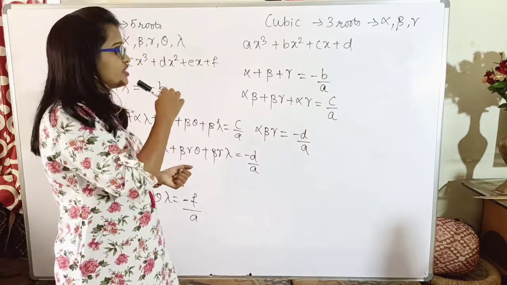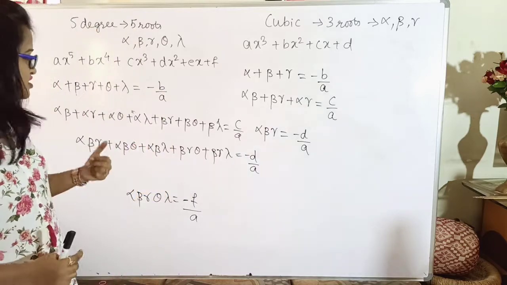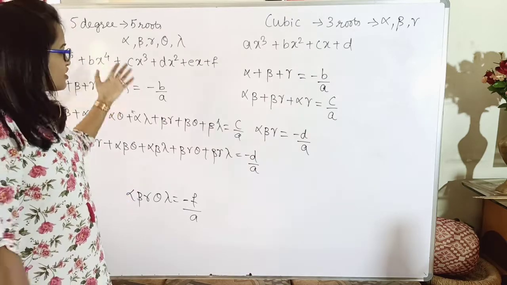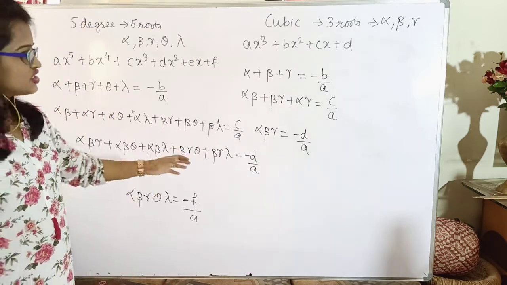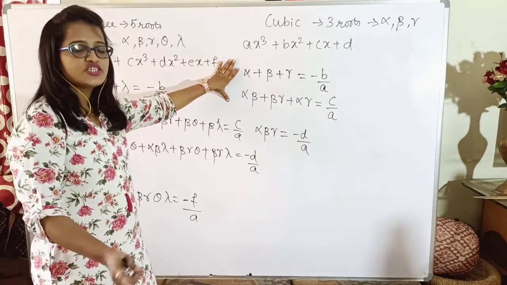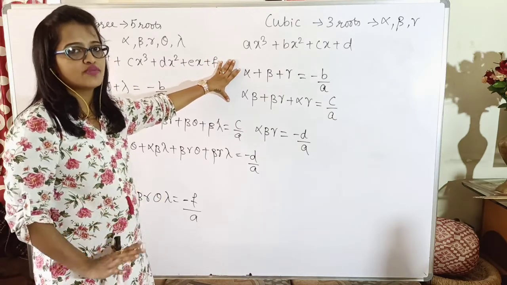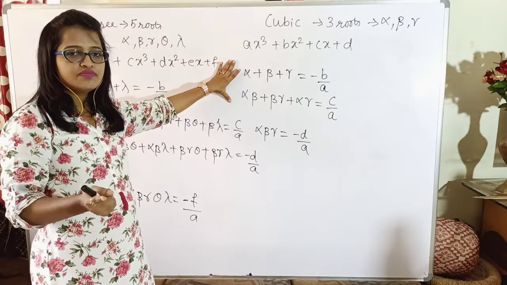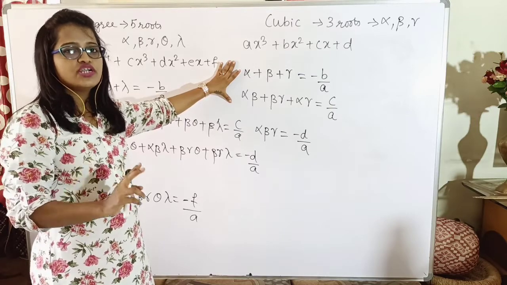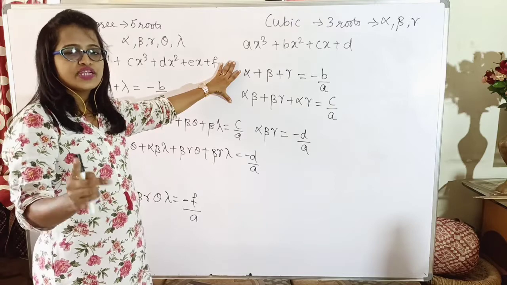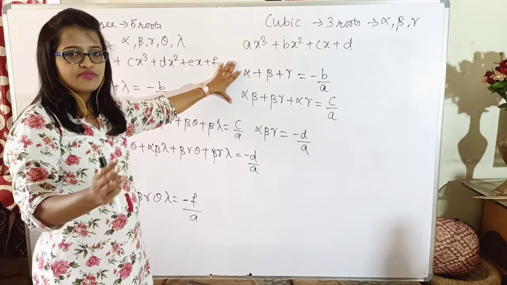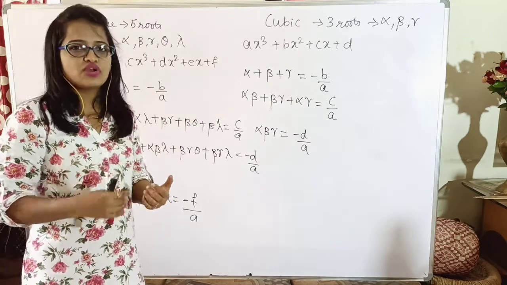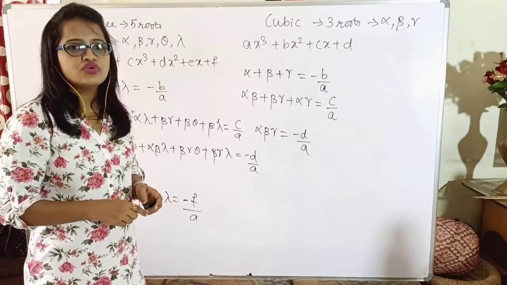Yes, for your study we are going to deal with only quadratic and cubic, but just for an example I have told you, even if the degree is other than cubic, still you can find the relation between the roots, just like we have found the relation between the roots in case of a cubic polynomial with the help of the quadratic polynomial. What is the relation? When you are taking one root at a time and adding them, it is equal to minus b by a. When you are taking two roots at a time and adding them, it will be c by a. When you are taking three roots at a time and adding them, it will be minus d by a, e by a, minus f by a, and so on. Alternately minus plus signs you have to consider.